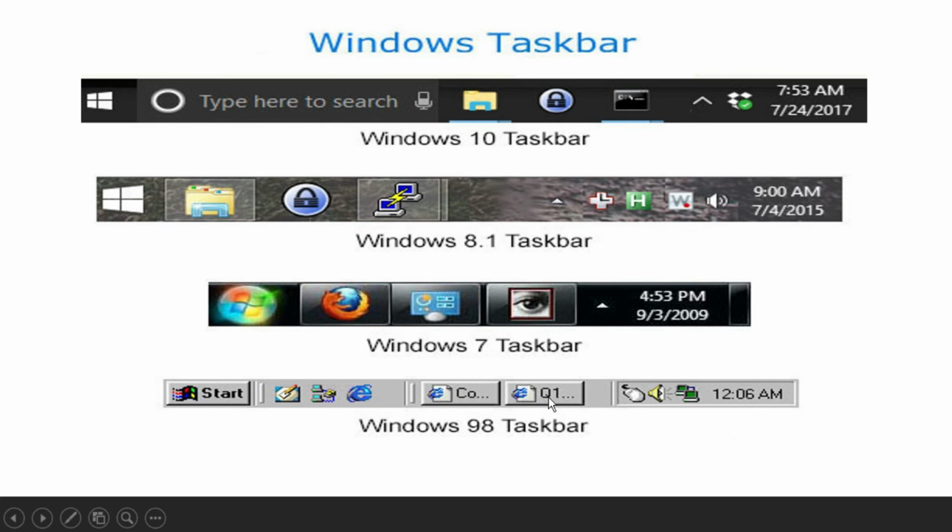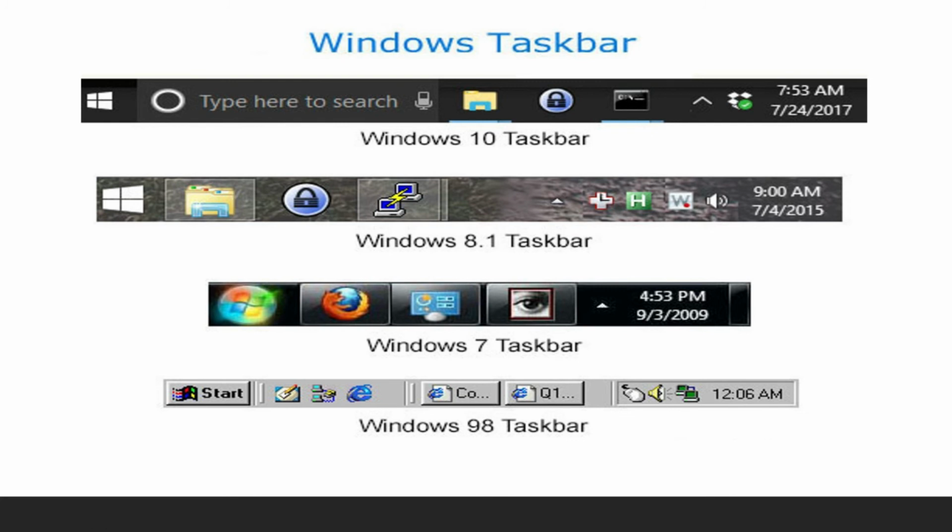Whenever here also it happens the same thing, but here not in this way. Here the graphic has been developed. That's why I've shown you four different taskbars, four different things, showing how the evolution of the taskbar has taken place. This is the start button, here the start button, here the start button, and this is also the start button. Same thing, no change. The components are there only, but it has been presented in a different manner.